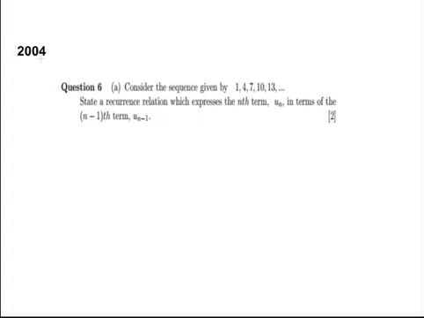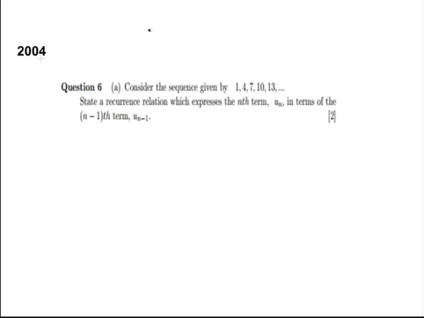So consider the sequence given by 1, 4, 7, 10, 13. State a recurrence relation which expresses the nth term u of n in terms of the previous term, the (n minus 1)th term, u of n minus 1. Right, so